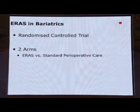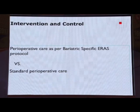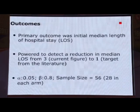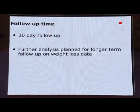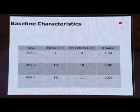And they found that even in the pediatric age group, when they compared enhanced protocols with routine standard protocols and looked at the length of stay, which went from 3 days to 1 day, after the 30-day follow-up, with 60 patients included in the analysis, what they found was that